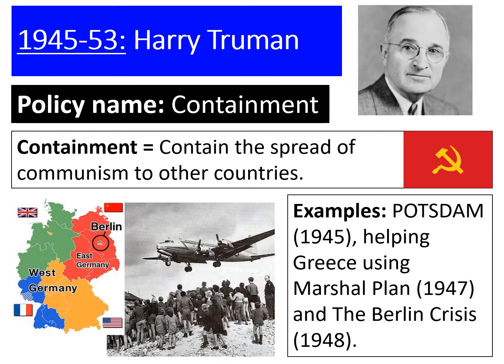The danger was that they thought that Stalin would shoot down the American planes. That would be an act of war, which means that the two countries could then start to fire on one another, no longer being a Cold War, being an actual war. Stalin doesn't fire on the planes, and after a couple of months he lifts the restrictions on transportation, so the airlifts stop. But it's an example of neither country particularly backing down and a Cold War possibly turning into a hot war. So Truman was known for his policy of containment and the fact that he was very harsh and strict against communism and refused to bow down to any communist threats.